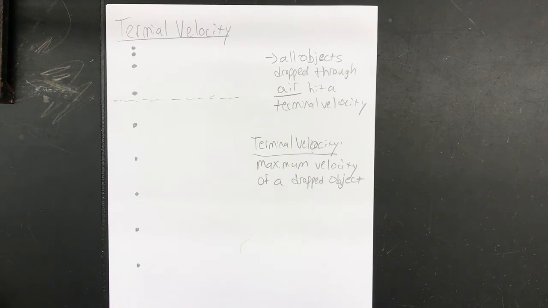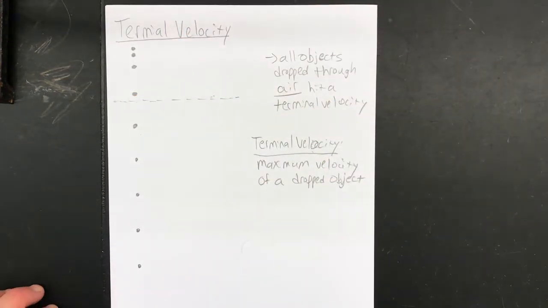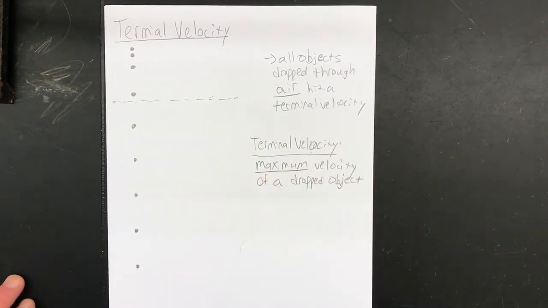Whereas a feather might fall and speed up, but it only gets to like 5 miles per hour of speed, and it doesn't get any faster at that point. Okay, so every object hits what we call a terminal velocity, a top speed, a maximum velocity for a dropped object, and it's different for each object. Okay, so